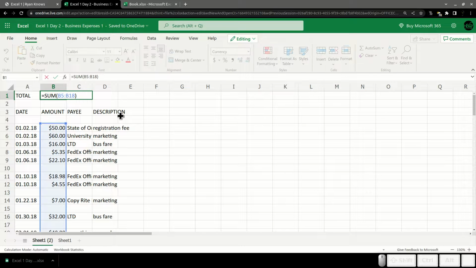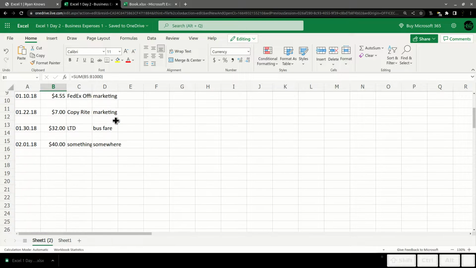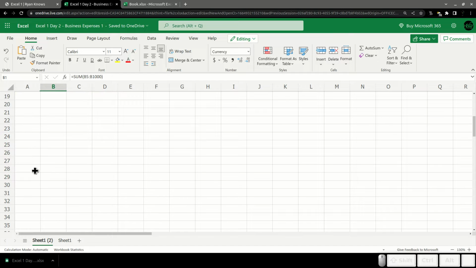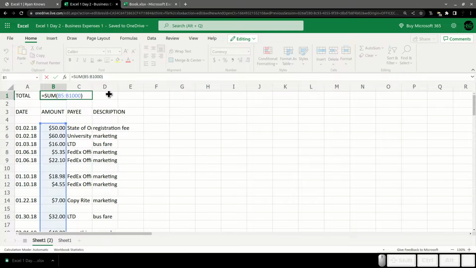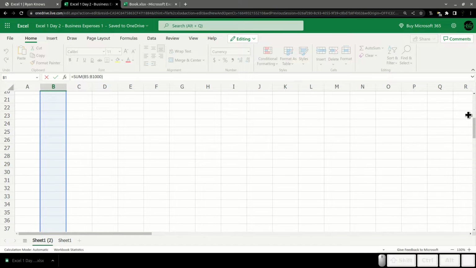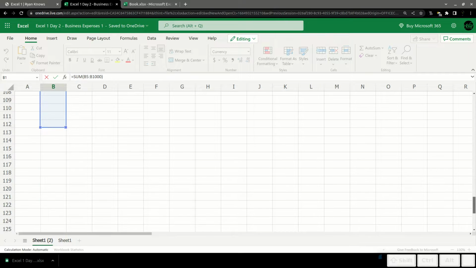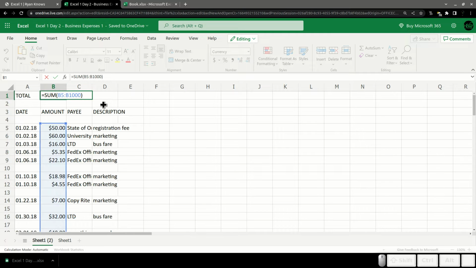We could do what we did before and make this just go down to like 1,000. And that's fine. Except, what if somewhere down here I want to do something else? I want to put a row that does something else that might have a number in it. Then this is going to select it. Or what if, even more likely, this is a big file and there might be more than 1,000? Right off the bat, it's going to keep going down. That'll be slow, so I don't want to go all the way down.